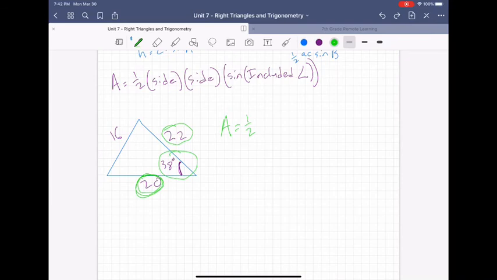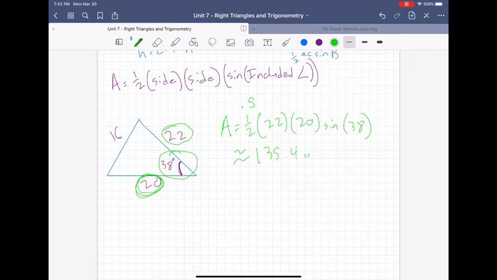So I'm going to have 1/2 my first side times my second side times the sine of the included angle. And I can plug all of that into my calculator at one time. For 1/2, you could just put in 0.5. That would be a really easy way to use that in a calculator. So 0.5 times 22 times 20 times the sine of 38, and the area is